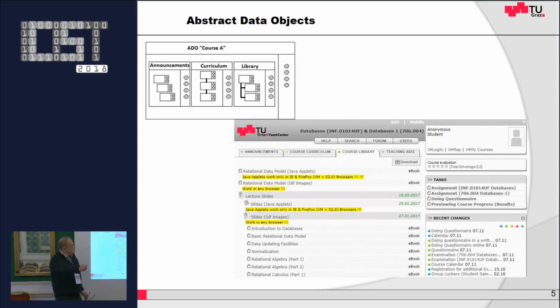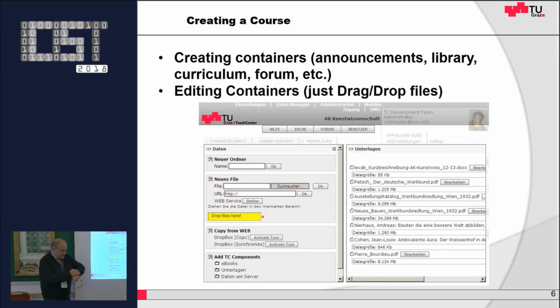So teachers simply drag and drop some containers and say, okay, for this course I will have just one announcement container or two announcement containers. And I will call them first announcements and important announcements, whatever. Then I will have one or no course curriculum, one course library, and some teaching aids container. And as soon as the teacher defines these containers, then